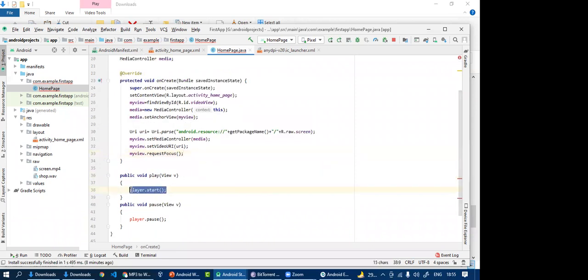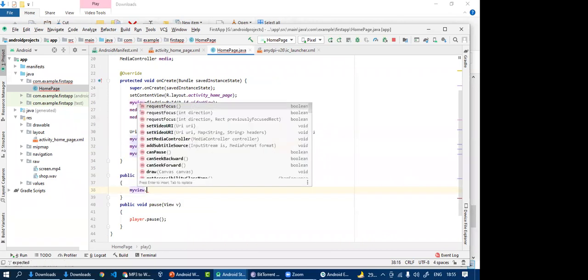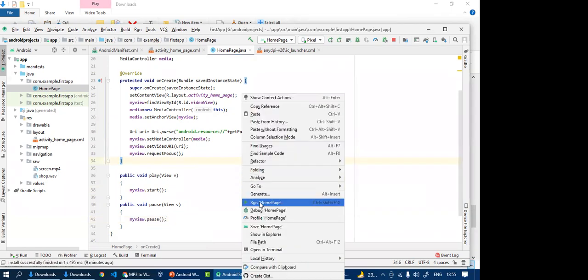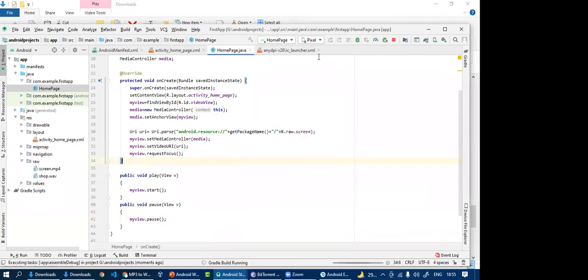On play, I will call myView dot start, and for pause, similarly. I think the code is completely fine, and when I run it,